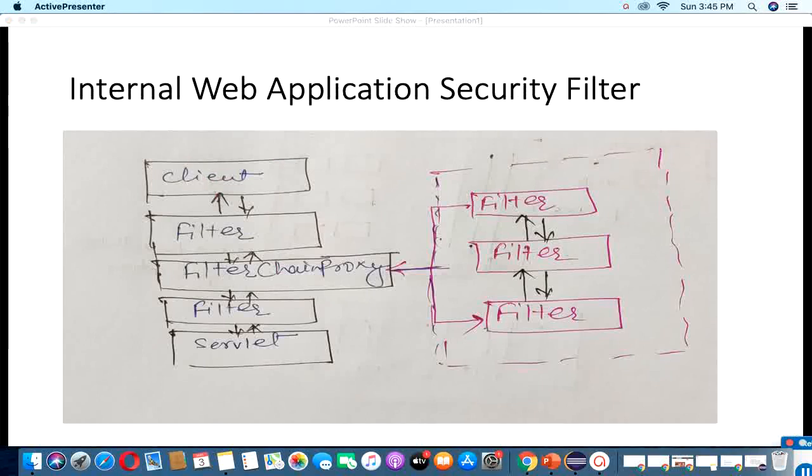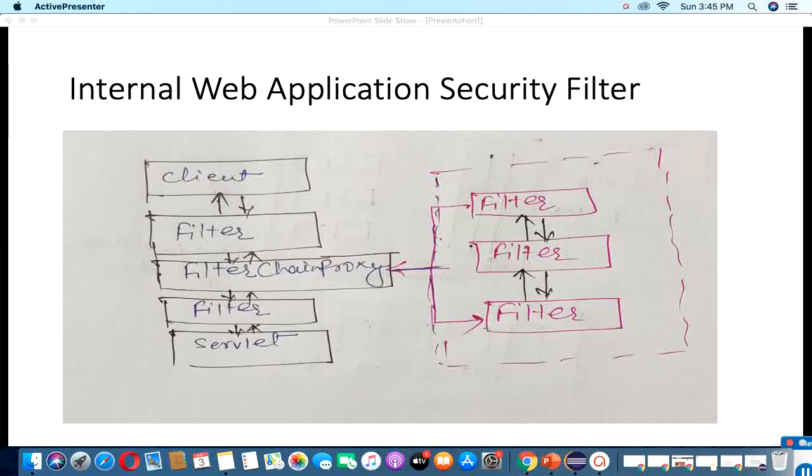This diagram shows all the steps once a request comes from the client or browser. First, the filter checks the request header, request credentials, and everything else. After that, if all these things are available in the request, it will pass to the security filter proxy. If not, it will respond with an exception here.